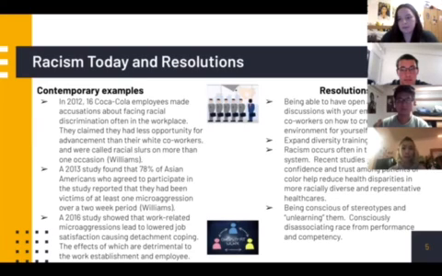Racism often occurs in the healthcare system. Recent studies say that patient confidence and trust among patients of color help reduce health disparities in more racially diverse and representative healthcare. And another resolution to racism in the workplace is being conscious of stereotypes and unlearning them, meaning